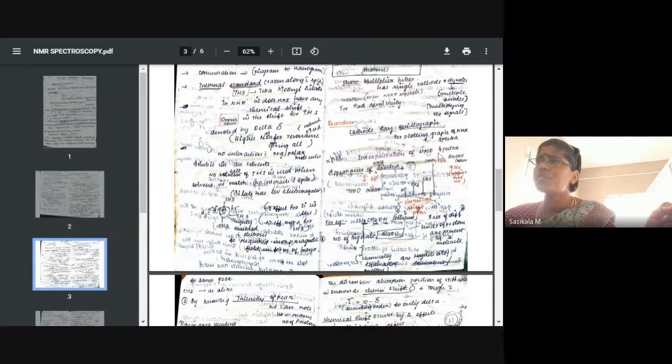At the position of tetramethylsilane, the external magnetic field given at 0 parts per million is very high. That's why it gives a strong signal, since all the protons are shielded protons. And then towards 10 parts per million, what happens?